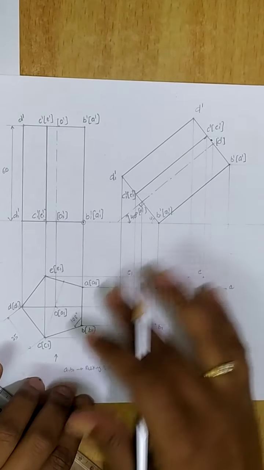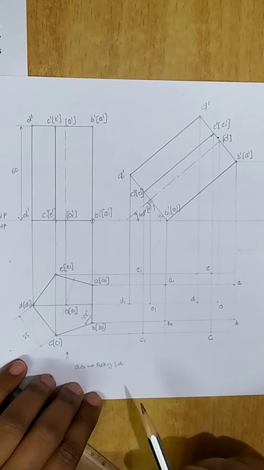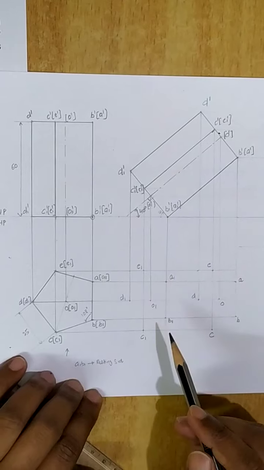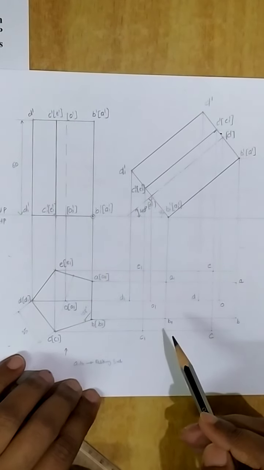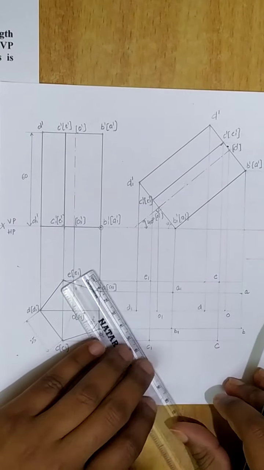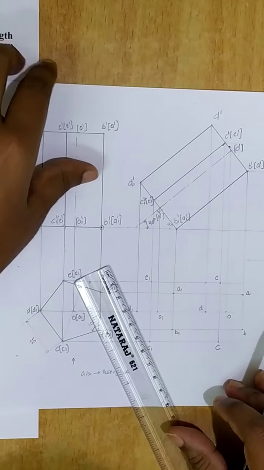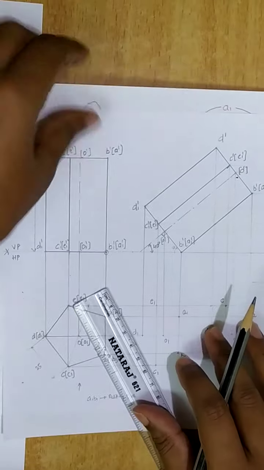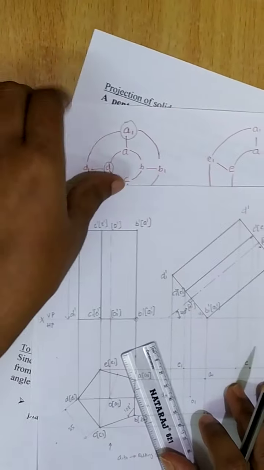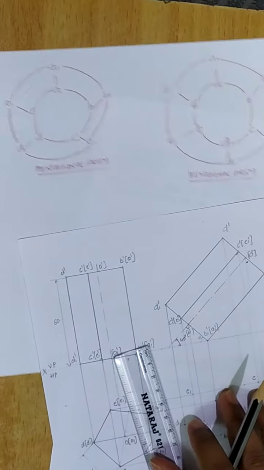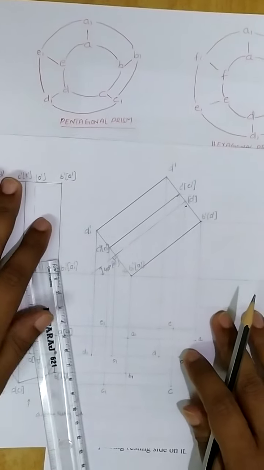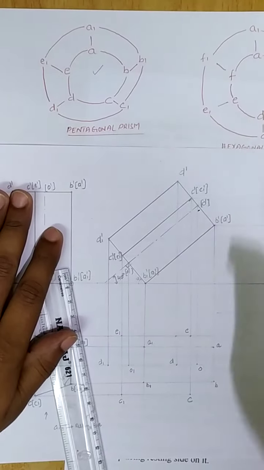So what is my next step after doing the namings? We have to draw the boundary lines. The boundary lines have to be always drawn with thick continuous lines. So how to identify the boundary lines: we need to take the scale and place it between two corners, and check whether we can place it between those two corners or not. I can go with respect to the namings; the naming chart is here. Pentagonal prism, I need to consider this figure.